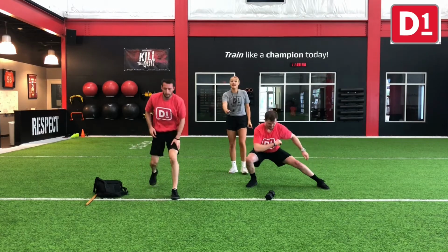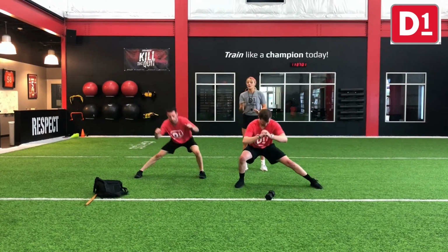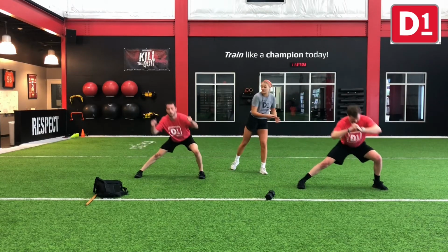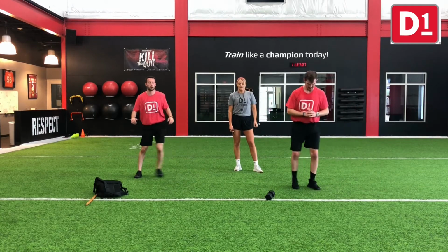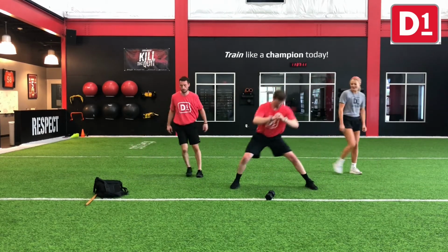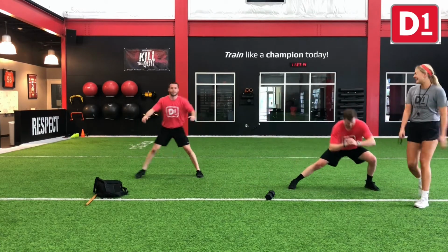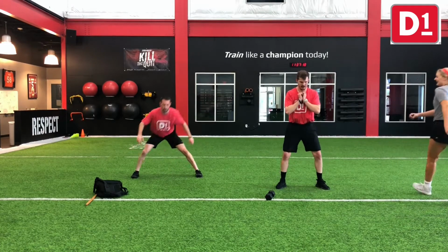Good, after Superman, back to those lateral lunges. You can either get 5 all on one side or switch every time, like Coach Connor here is switching. Coach Roger is going to get 5 on each leg. Good. Good, y'all. Woo! How are those legs feeling? They're feeling it, that's for sure. Good. Once you got 5